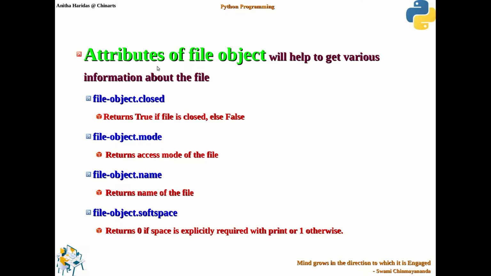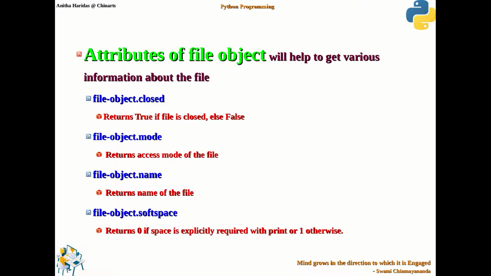Let us see the attributes first. These are the four different attributes available for a file object. These attributes are used to get different information about the file, something like whether the file is already closed or not, and in which particular access mode the file is open.